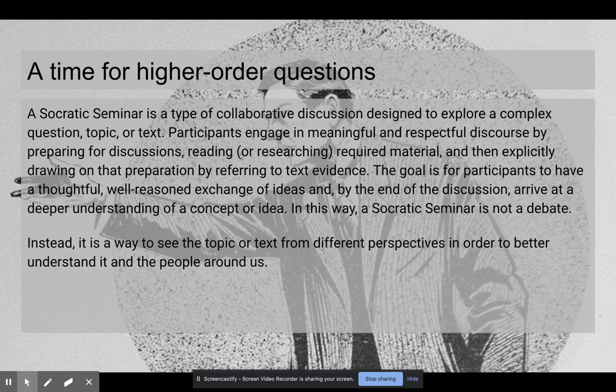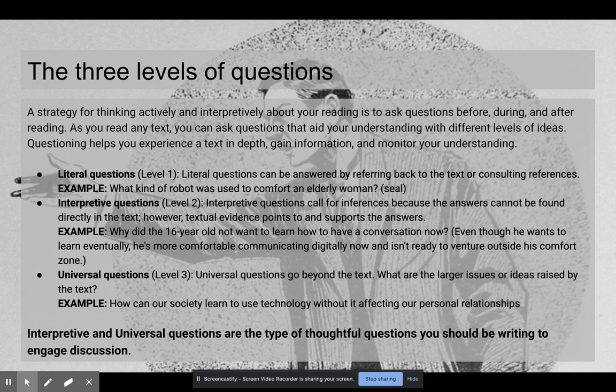The idea here is to have everyone participating by giving them a different perspective, and by you participating in the discussion to think about things from a different perspective, because everyone's going to come with different questions and they're going to see the topic from their own experience, and then we can all work together to better understand that. So there are 3 levels of questions, and this is what we've talked about before.